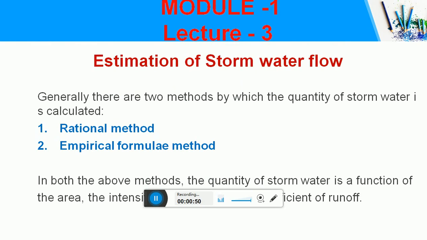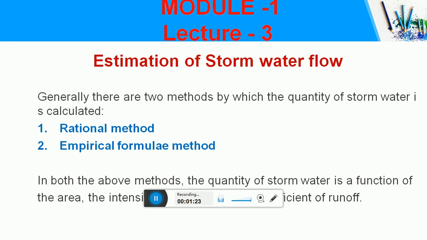See, in the previous class we have discussed that while designing the sewers we have to take two flows into account. One is the dry weather flow and the other is wet weather flow. So dry weather flow is directly taken with the help of the rate of water supply, and 70 to 85% of the water supply will come out as waste water. So that is with respect to dry weather flow.